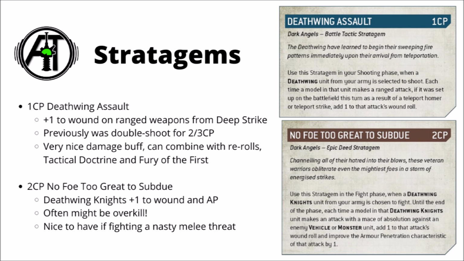A big squad of Deathwing could actually do a really decent amount of shooting on the turn they come in, particularly in combination with things like captains or lieutenants, and maybe using the Fury of the First stratagem as well to give them +1 to hit too. Theoretically, 10 Stormbolters from a Deathwing Terminator squad could be killing around 7 or 8 Intercessors with +1 to hit and wound and some captain and lieutenant rerolls, which really isn't too bad for anti-horde shooting on a primarily melee